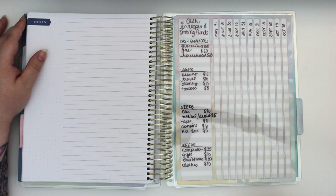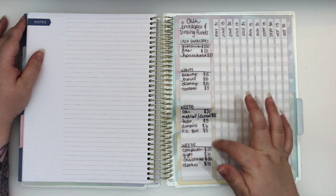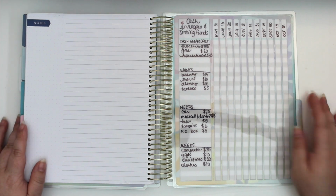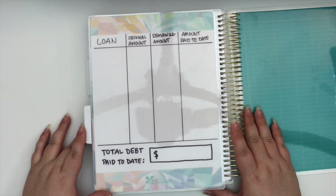Now that I'm thinking, there was another sinking fund I wanted to add, and I totally forgot, so hopefully I remember that. But I left some space to add a couple more in case a couple more pop up. Then on the back of this dashboard is my